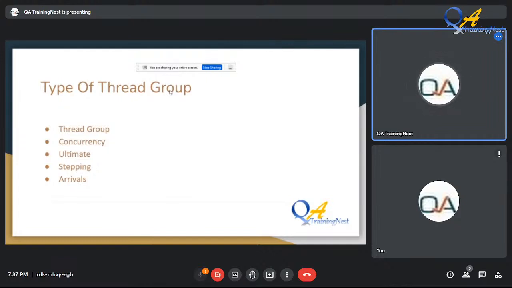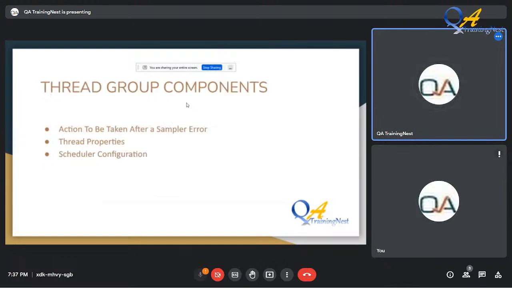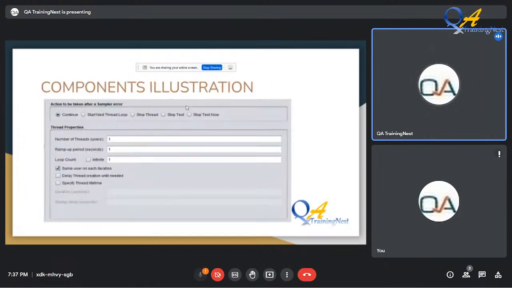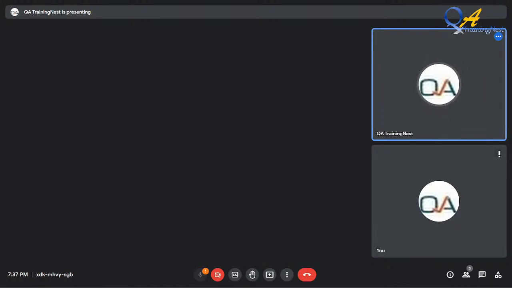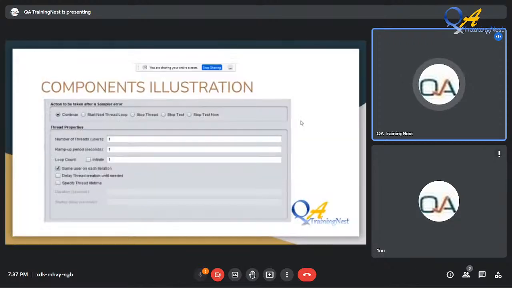And then definitely we will jump to the core topic, types of thread groups. There are a few things we will be discussing, starting with the traditional thread group, the standard components of a thread group, which is basically used by 95% of JMeter users. And we will also discuss what all the different thread group components are. That's the illustration of the same. So this is all we are going to discuss today. So let's start today's